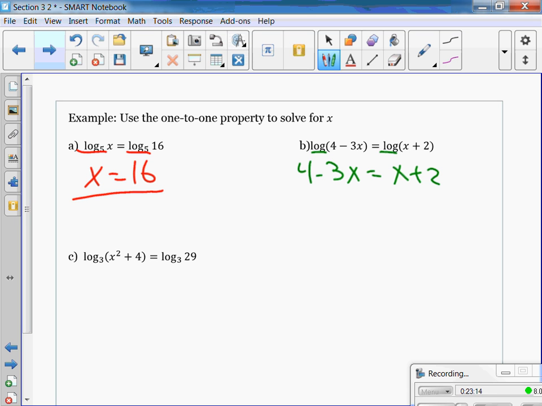Okay, let's finish up this one. So, what do we do now? Solve for x, right? So I'll combine my like terms. 4x equals 2, 4x equals